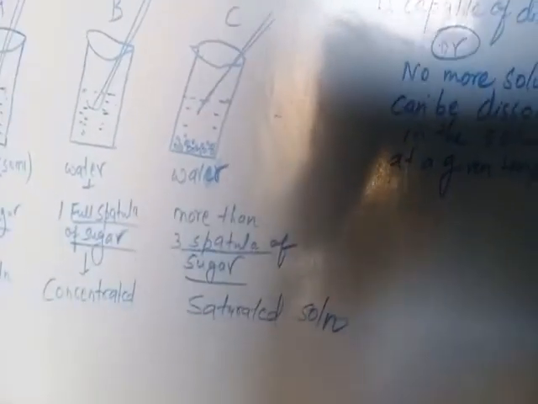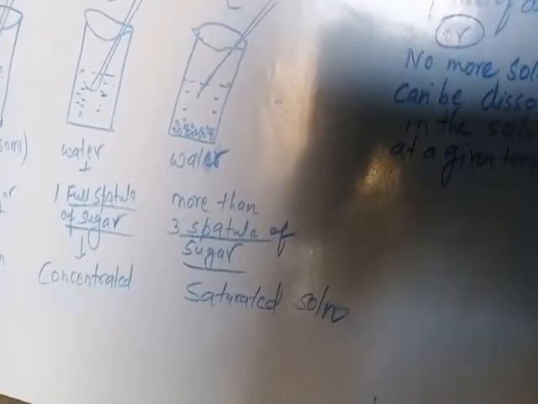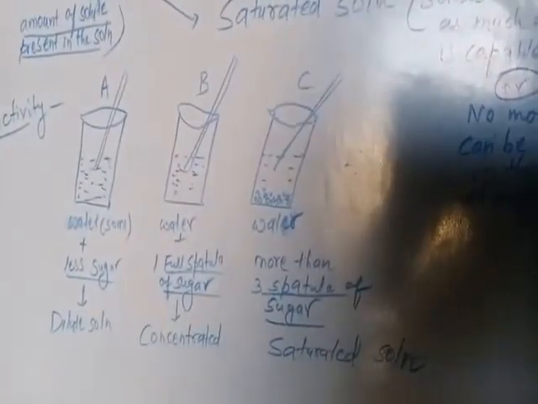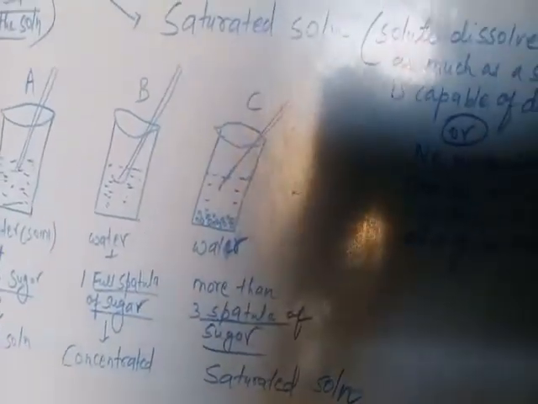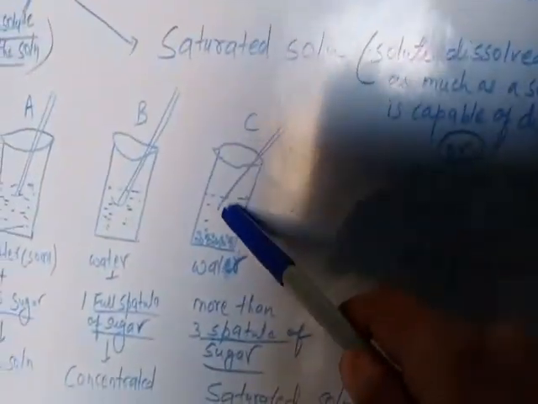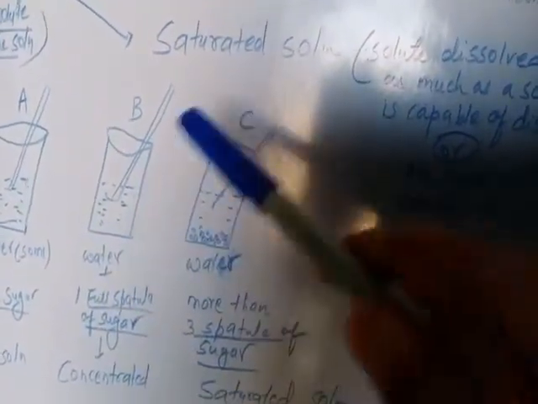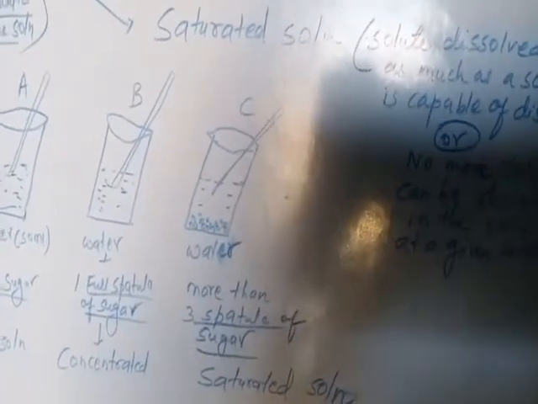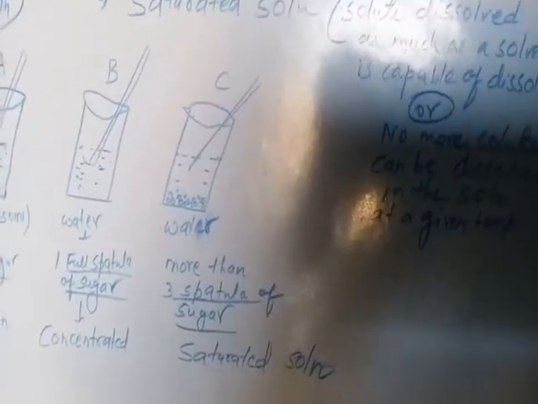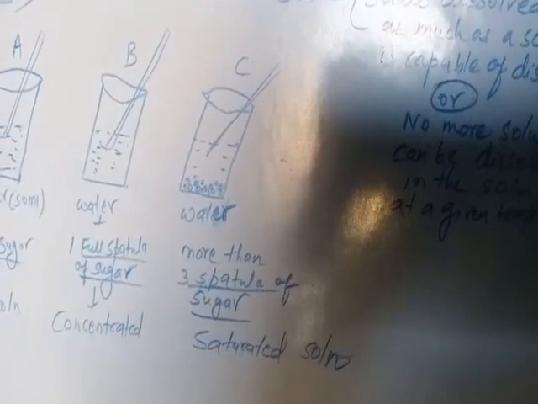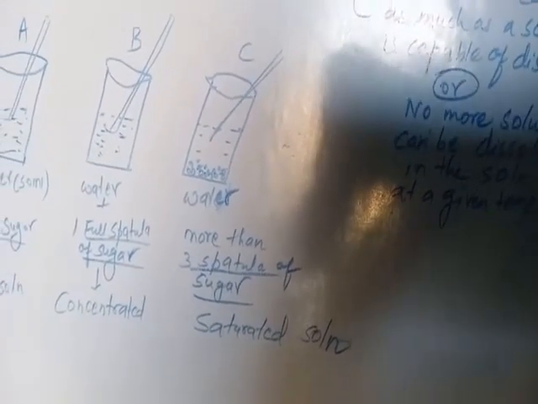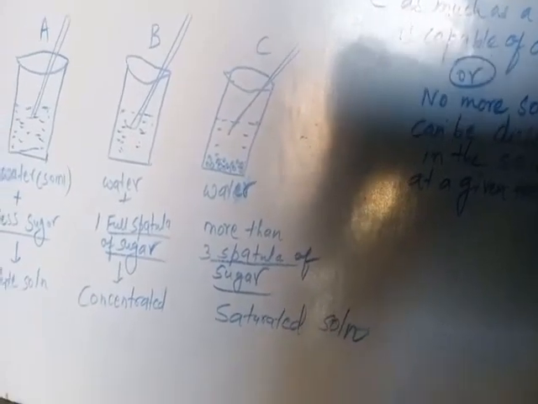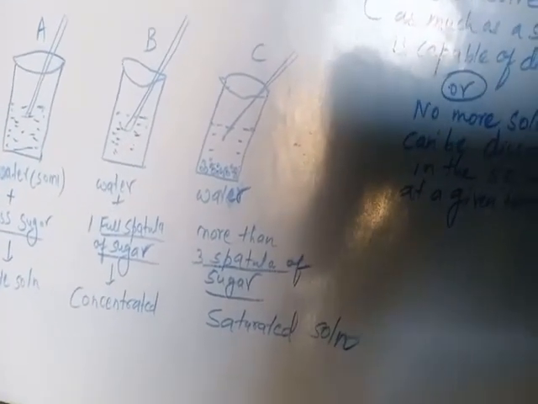Now in beaker C, we added one spatula of sugar particles to form the sugar solution. So here also the concentration is high. What we do in beaker C is add one more spatula of sugar and start stirring it to mix it, and we will see that we get the sugar solution. Again, all the sugar particles got mixed nicely to form the solution.